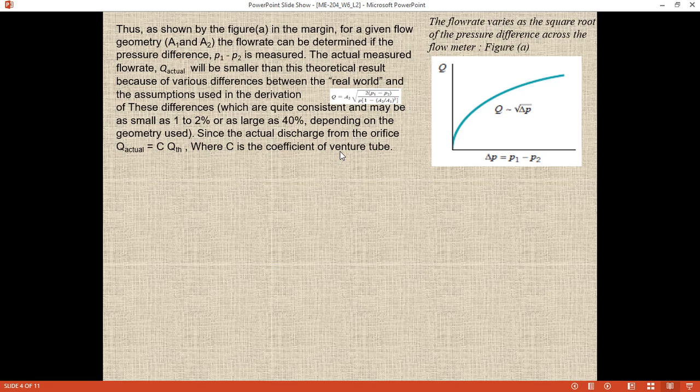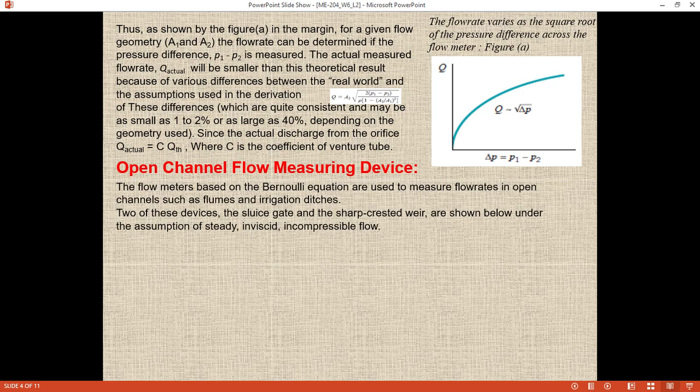Okay, so this is the end of the flow rate measurement for the pipe and conduits for the closed channel. So now let's start the open channel flow measuring devices. What exactly are the open channel flow measuring devices? The flow meters based on the Bernoulli equation are used to measure flow rate in open channels such as flumes